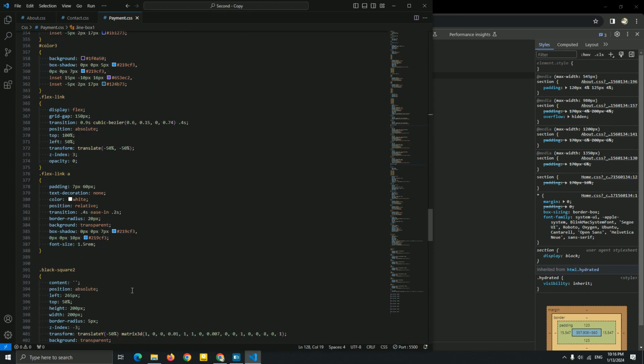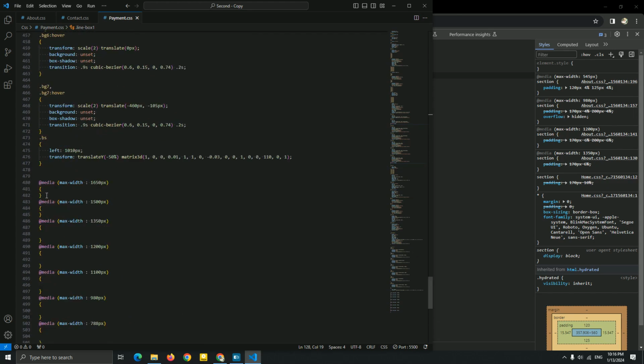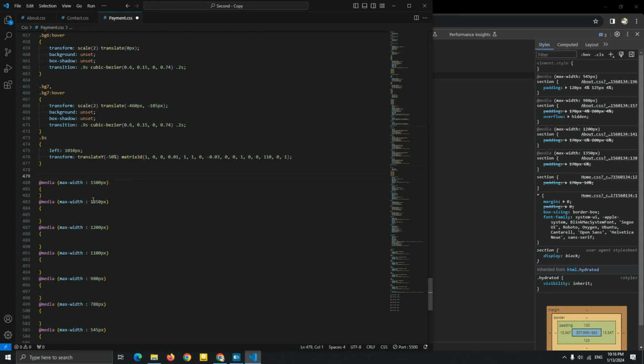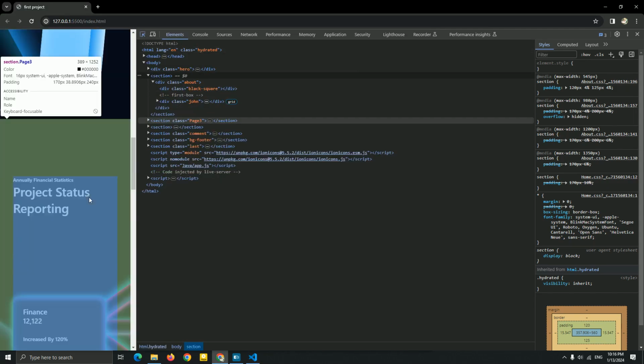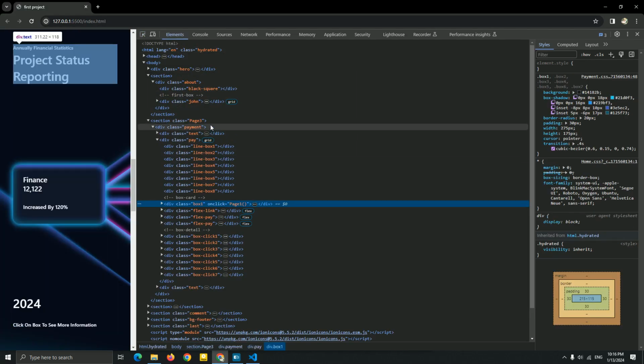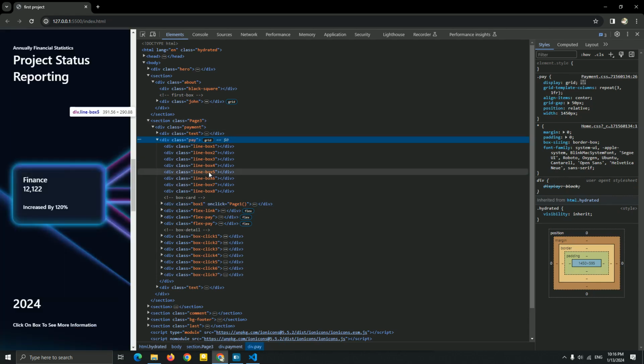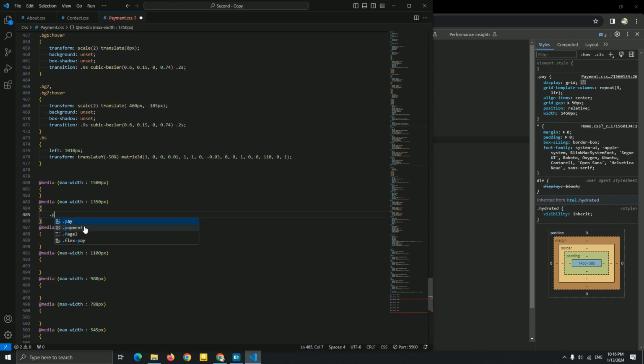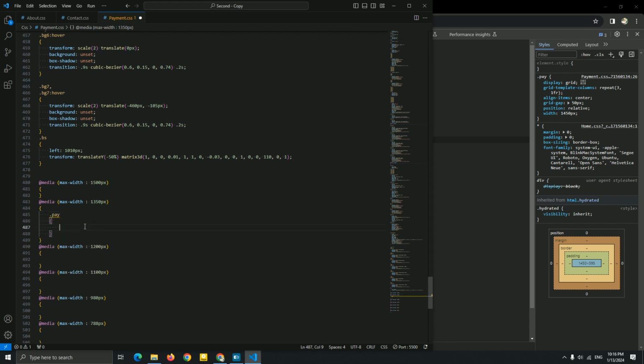So for this payment, now we don't need this. Let me just delete it. Okay, now for this, I'm just gonna add a pay, that is this. Let me just show you the payment page of this. So this is pay. I'm gonna add a scale to resize it instead of the width. So I'm gonna add a pay transform scale or translate.